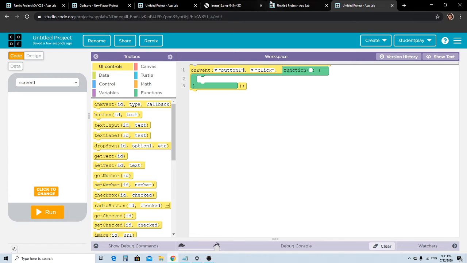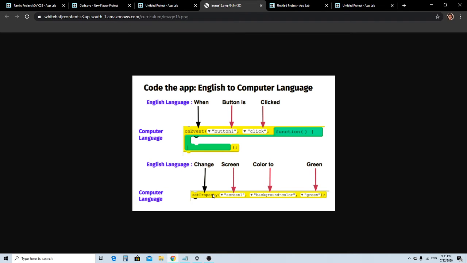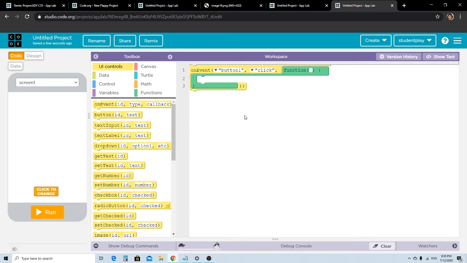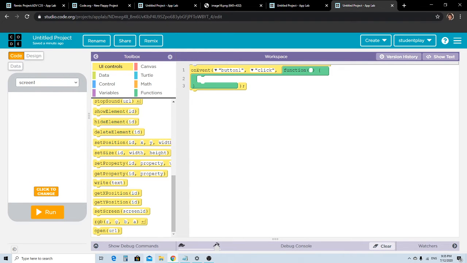So next let's go for the image again. Next we're going to put set property. Set property means change. The ID will be screen, and we set the color, because you have to change the screen color. Okay. So I'll go to my project again. I'll go down. I'll go for set property. This ID I'll put to screen 1 because we are changing it. Whatever place we are changing, that will be our ID.